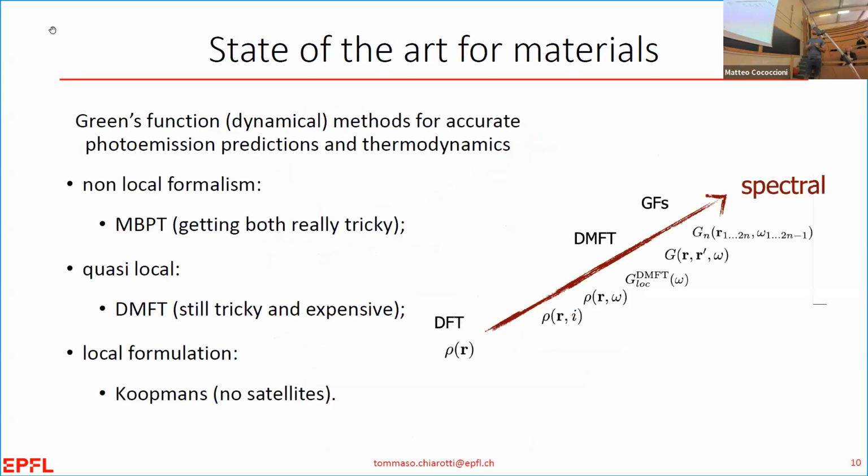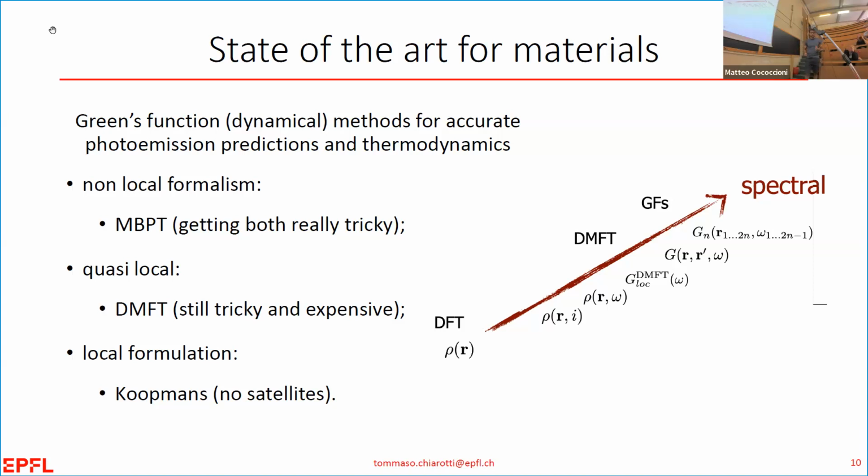Let me summarize what you can do now. This is a very brief, very crude slide, but if you want to go along this arrow, what you want to do is predict spectral and thermodynamic properties, which are ground state properties, of a material.